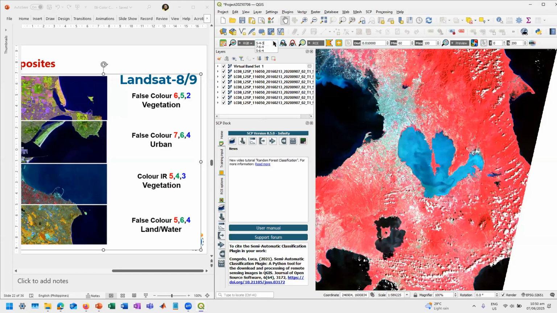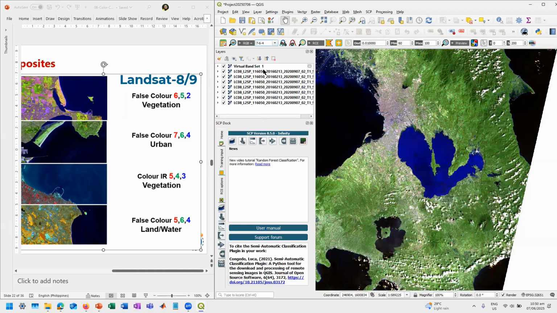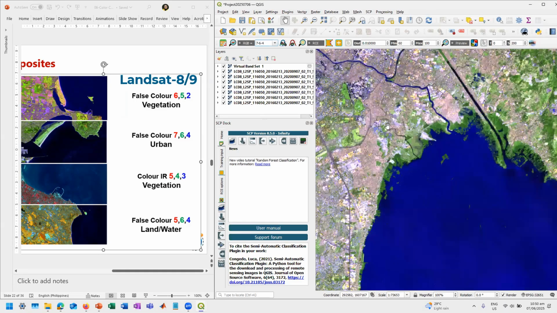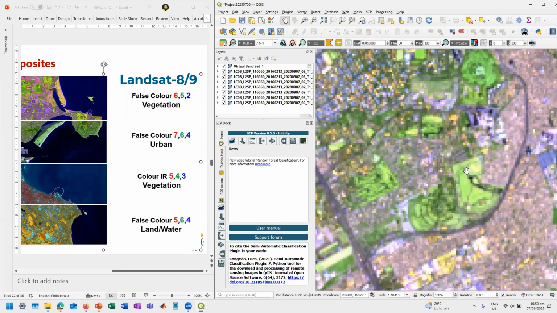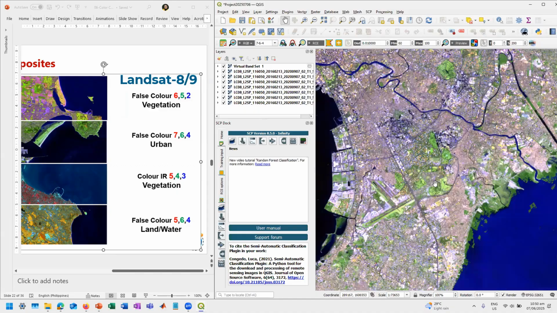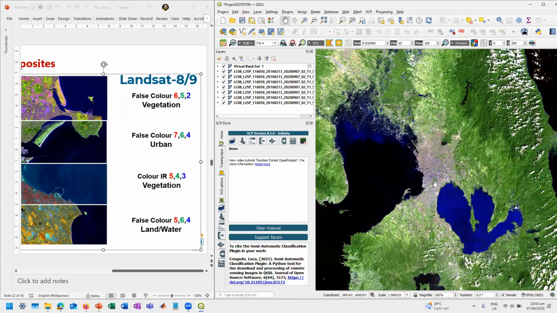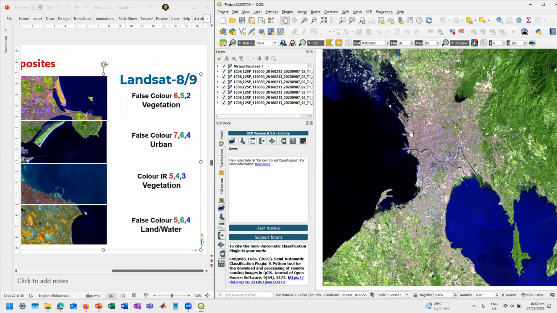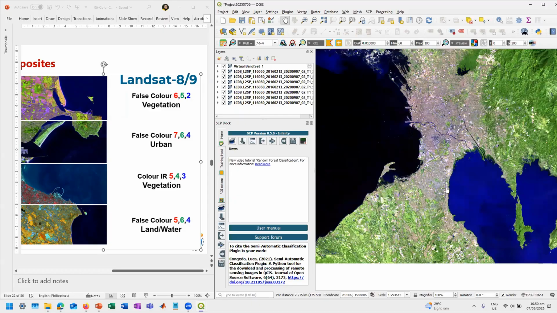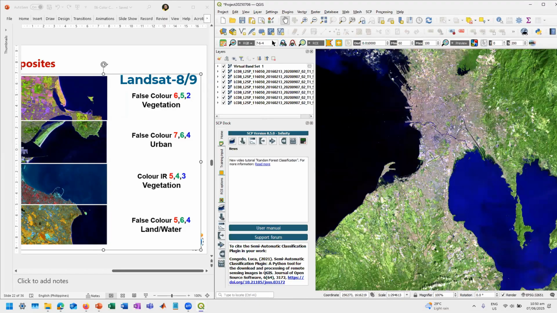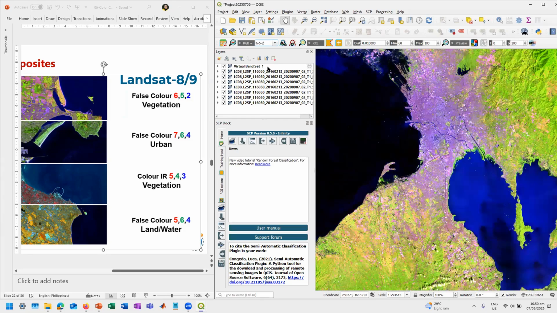Okay, for urban 764, you can see yung differences. Na-emphasize si Metro Manila. Okay, let's see. 764, 654, 652.